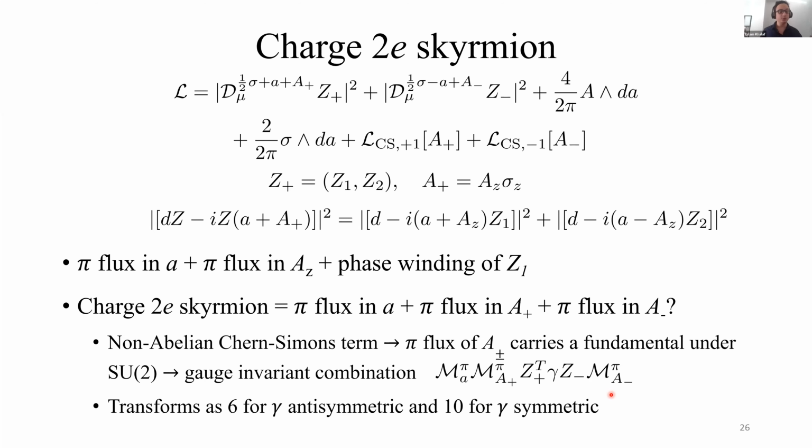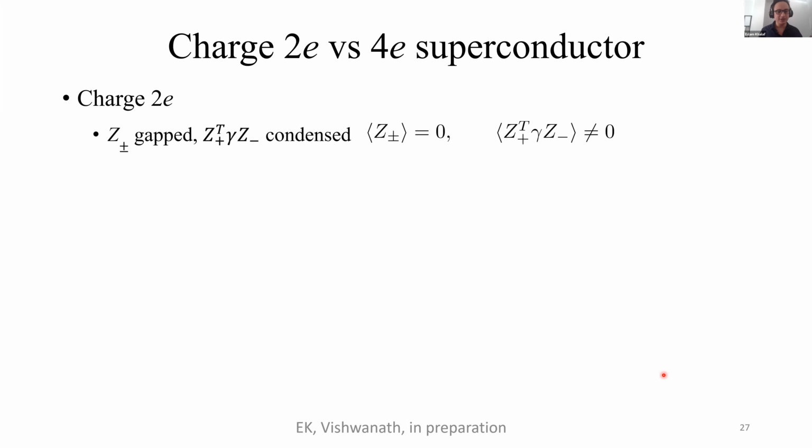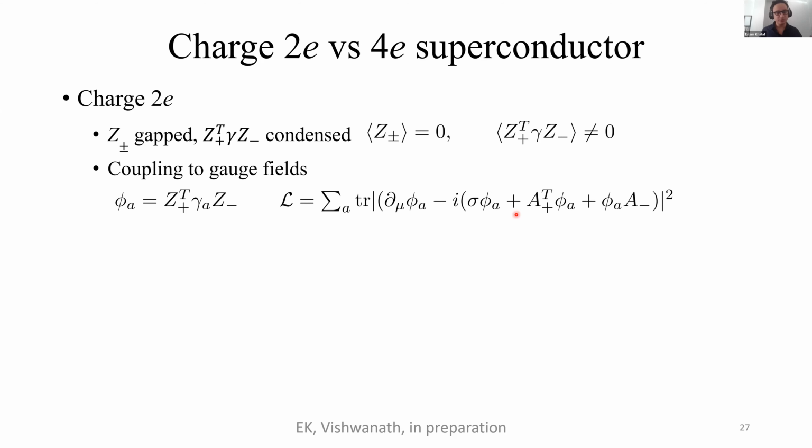So now it's kind of easy to see, or maybe not very easy to see, what the different superconductors are. So to get the charge 2e skyrmion, we need to gap out or uncondense this Z plus minus variable, but leave this combination condensed. This will not Higgs out all the gauge fields. So this would only Higgs out some combination of these non-abelian gauge fields, but the remaining would be unHiggsed. And we can show that this is really equivalent to the condensation of the skyrmion operator that I showed you earlier. Maybe this is too much detail.